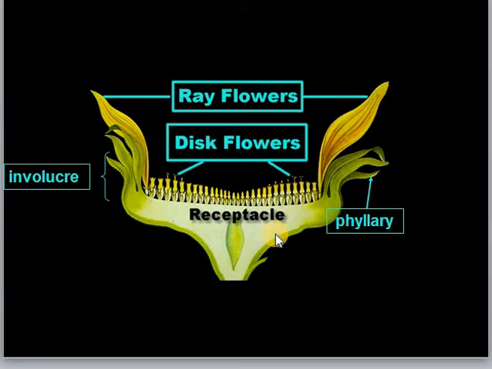And the flowers within this inflorescence are of different types. You take the LS, or the vertical section of an inflorescence. So this is the thalamus. The tip of the thalamus is broadened and it has modified into a structure called the receptacle. On the receptacle, if you see, the outermost whorl is formed of green bracts. They are called involucre. There will be multiple layers, and these involucres are green in color mainly. They are called phyllaries.